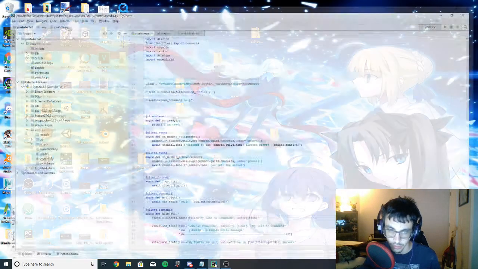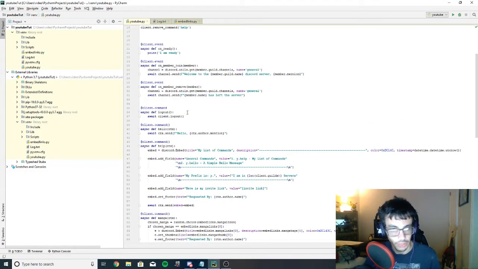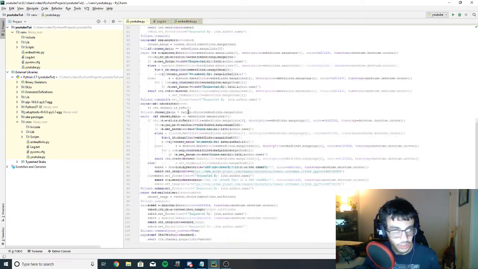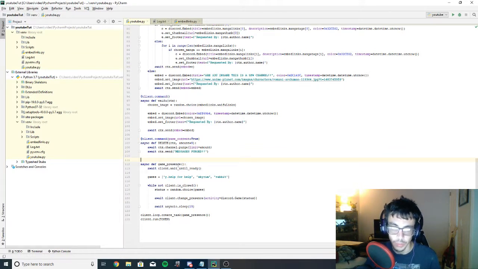Okay, and so here's our PyCharm. Basically the commands that we're gonna be updating. If we could scroll down here, we'll look at, let's see, where is it? Ah, here we go. Our delete command. Currently it's set so that anybody can use the command, and we don't want that. We only want people who have the manage messages permission to be able to access this command. So we're going to be fixing that, as well as we're going to be going into this command right here, and we're going to be updating this so that